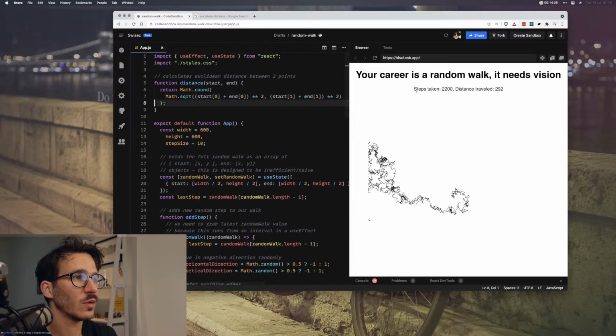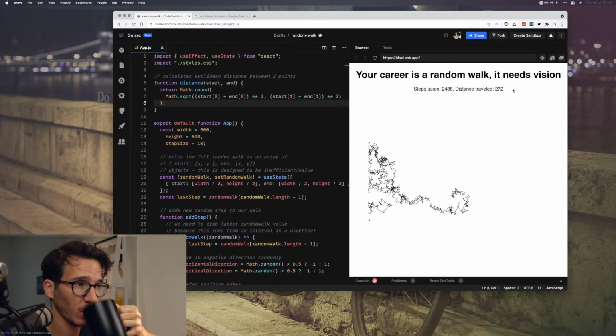Okay, so you're taking a lot of steps, but your distance traveled is not very large. Cool. So we've got the first part of this. Now we're going to add the ability to add a bias.